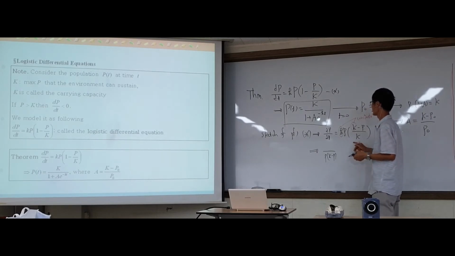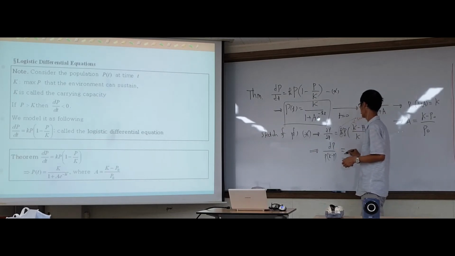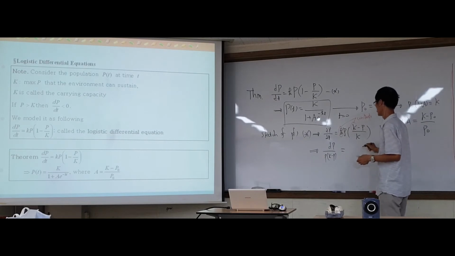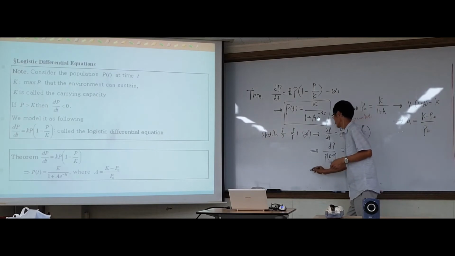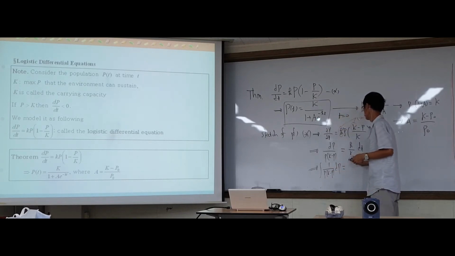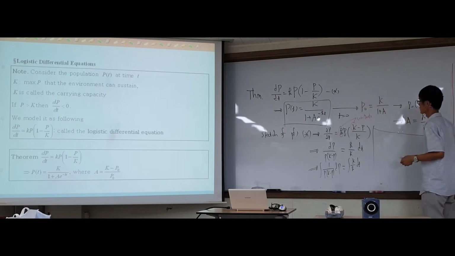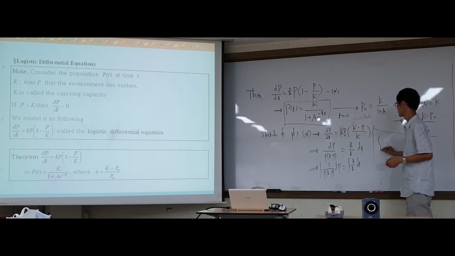Just p and t are variables, and so we have an equation of this form, and integrating both sides we have an equation like this one. Since this part can be given as